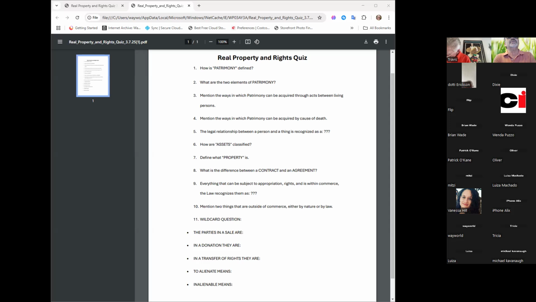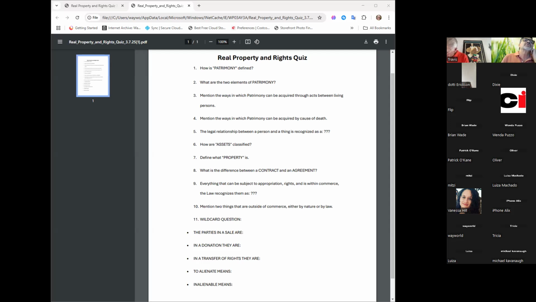Or the assignor and the assignee, a person that is transferring their rights to another one, correct? Yeah. Which are the parties? The transferor and the transferee, or the assignor and the assignee.